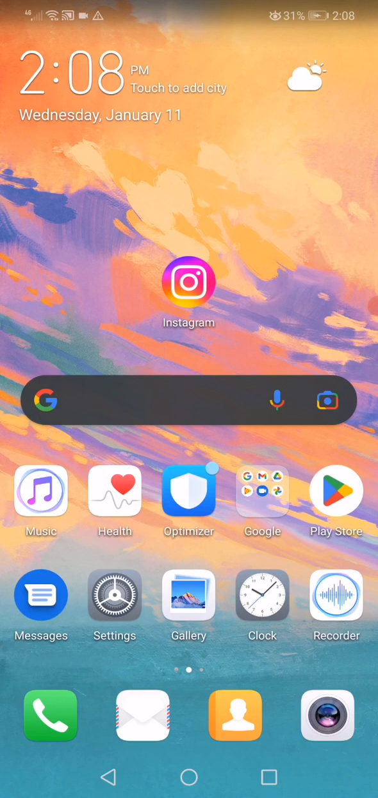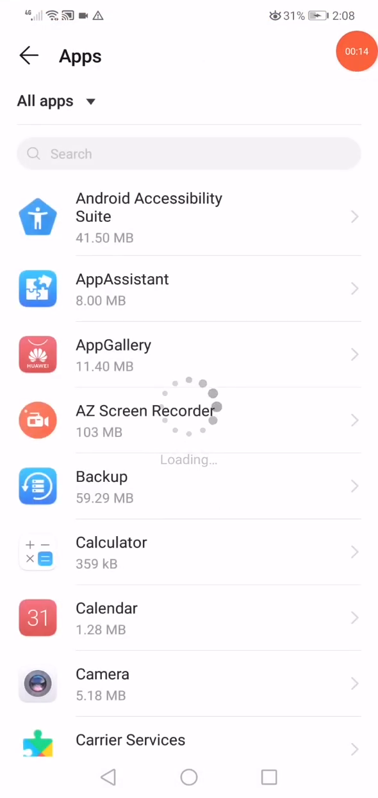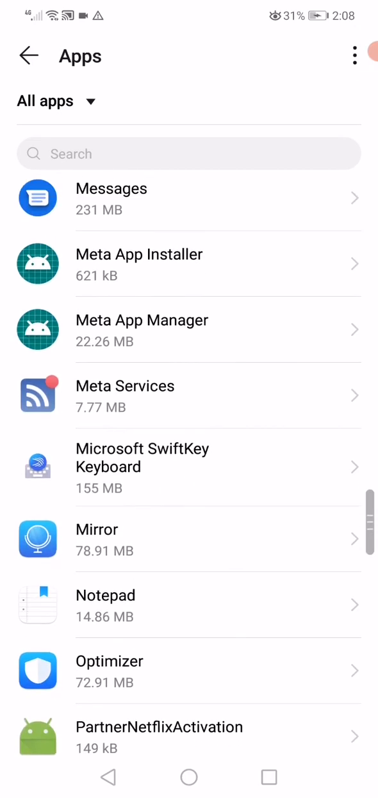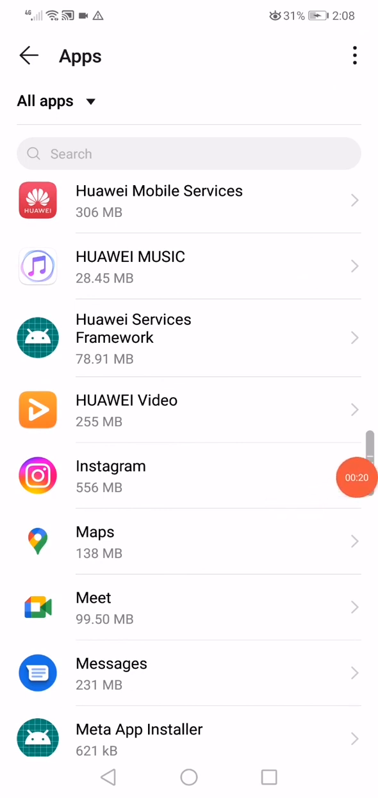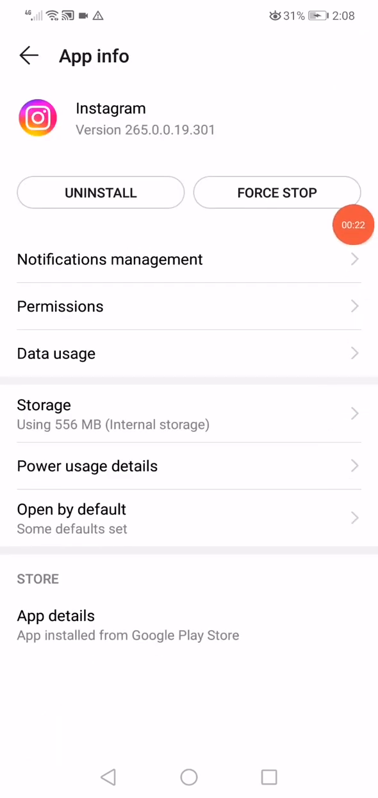First thing you want to do, guys, is open the settings on your phone, open the apps manager like this, and now on this page you will find all the apps that you have on your phone. Scroll until you find Instagram and click on it. When you click on it, it will take you to this page, where what you want to do here is